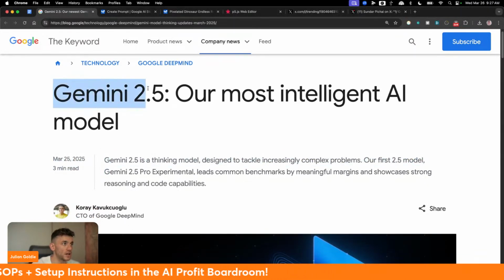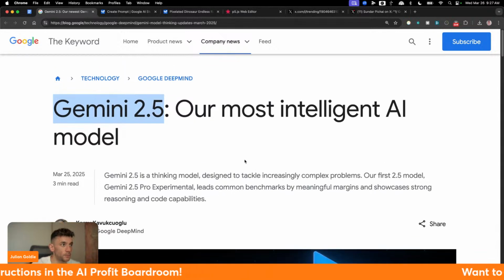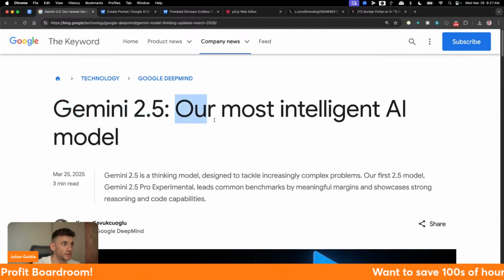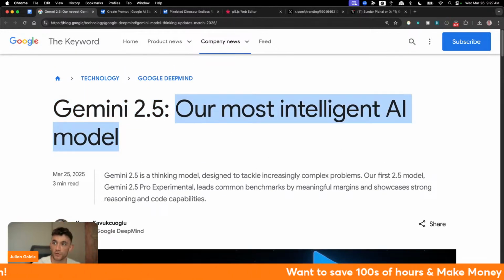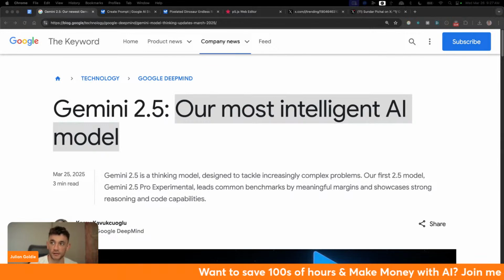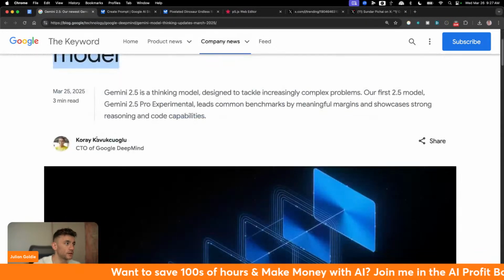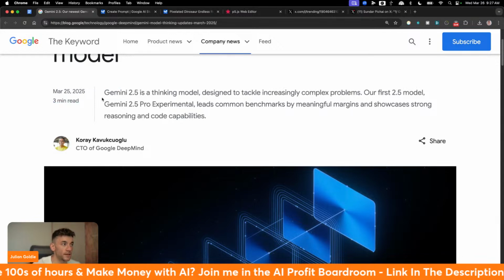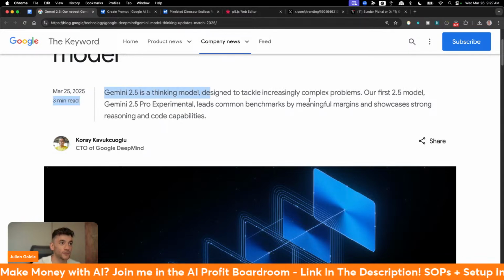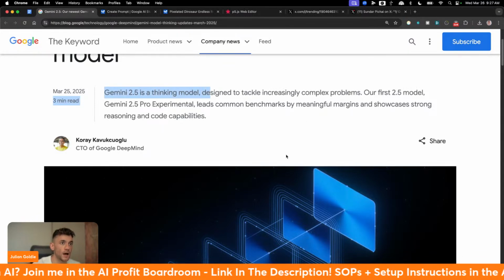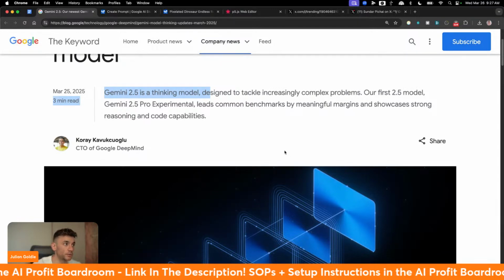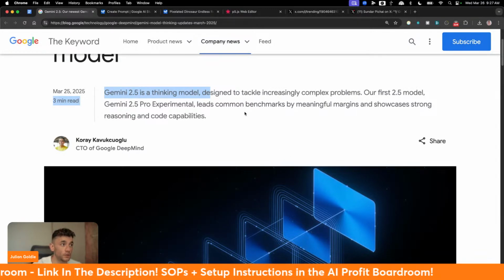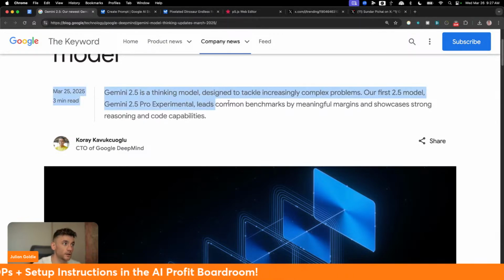So this is Gemini 2.5 directly from Google, just announced. You can see this is their most intelligent model yet. I'll show you some benchmarks in a second as well. And as you can see right here, this was just announced March 25. They said Gemini 2.5 is a thinking model designed to tackle increasingly complex problems. Our first 2.5 model, Gemini 2.5 Pro Experimental, leads common benchmarks by meaningful margins and showcases strong reasoning and code